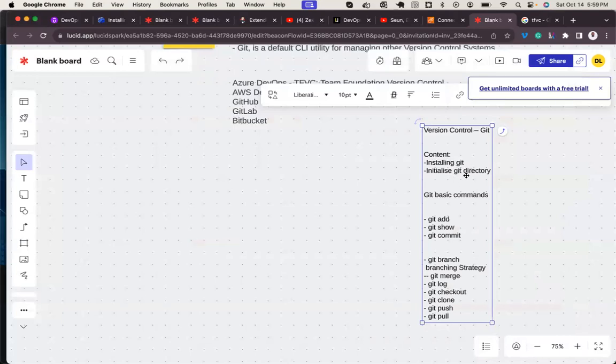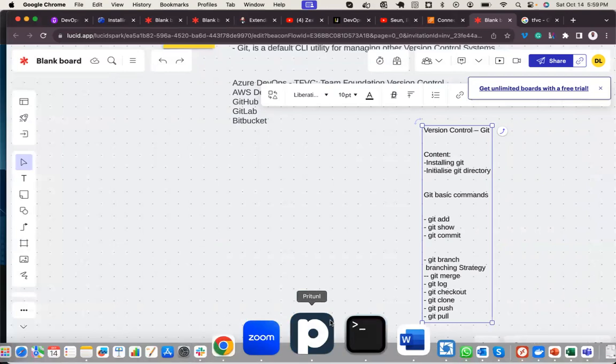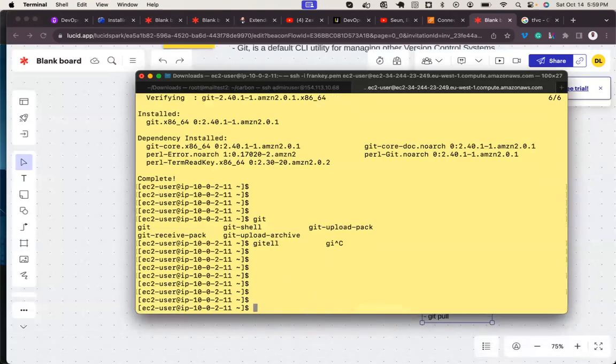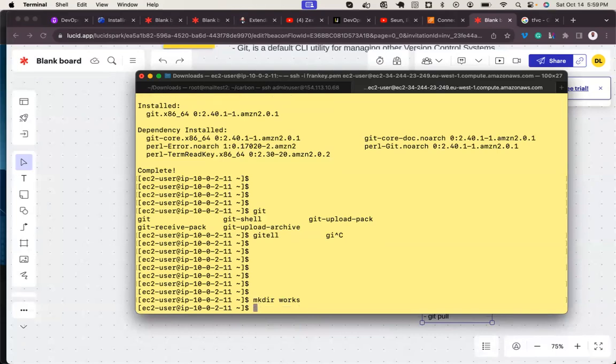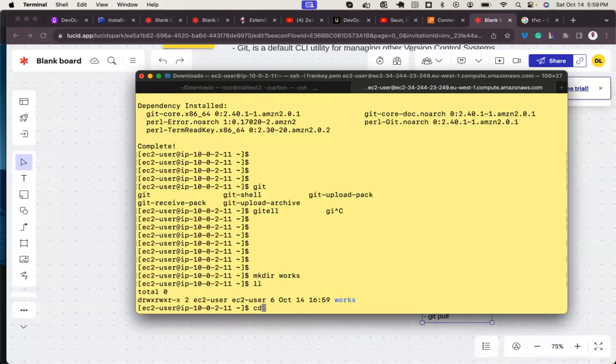So simple. The next thing now is I want to start playing with Git. So I need to create a directory. mkdir, let me call it works. I have a directory. So change into works.